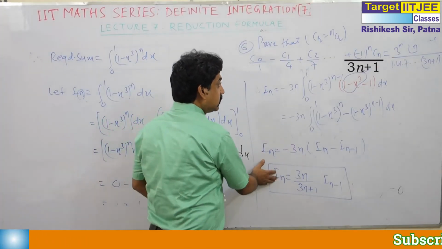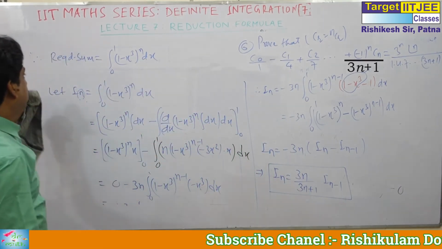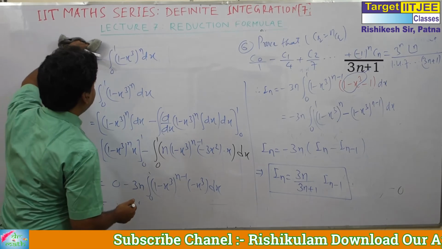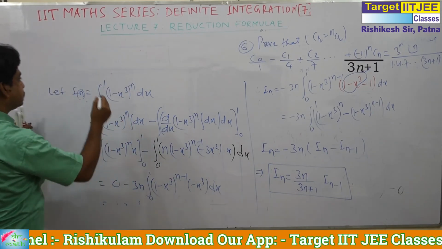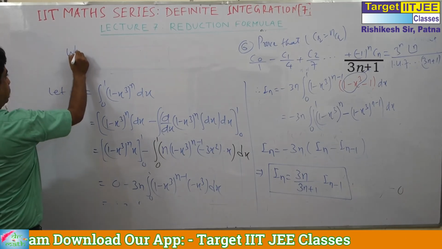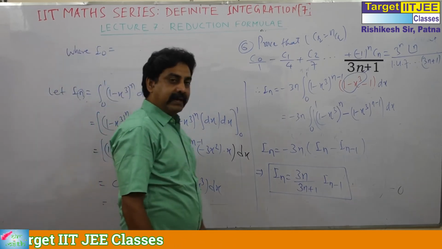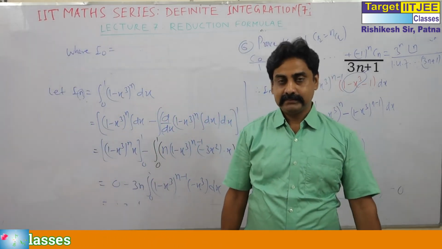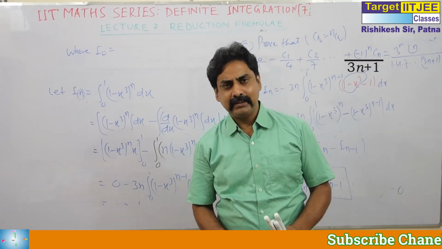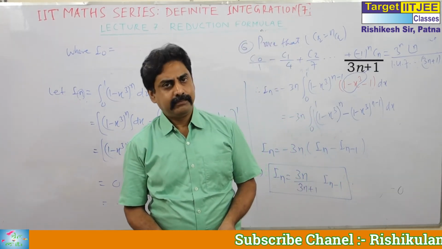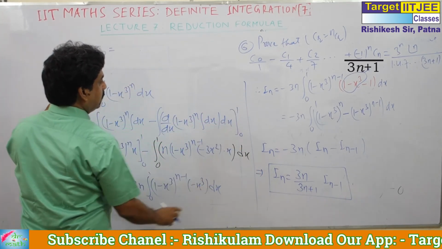Now from this we come to this. First of all, we would find the value of I0. Most of the time we find I0. In the previous question we found I1. Sometimes it's difficult to decide. If you have any confusion, go with I1, but there I0 will work. What is I0? At n equal to 0,